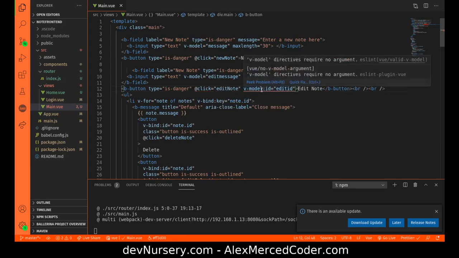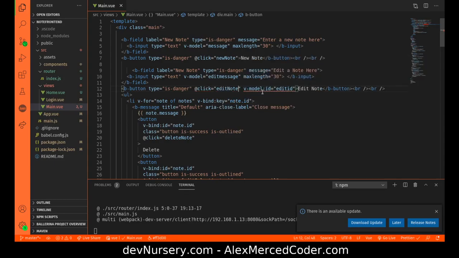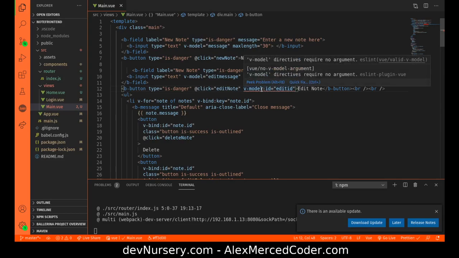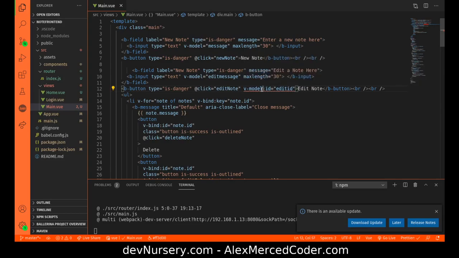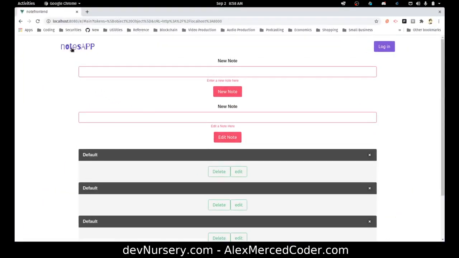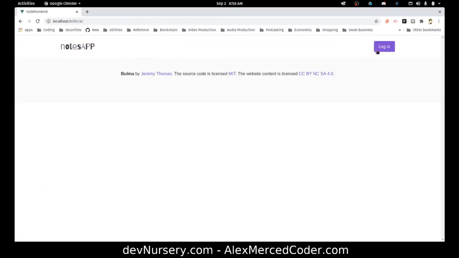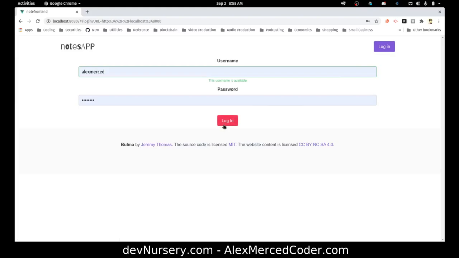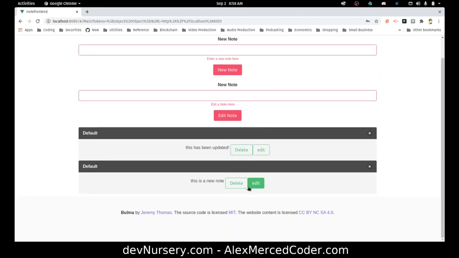Okay, and what's this complaining about? Oh, this should be v-bind. Okay, so let's give this a shot. Let's go back to the main page, refresh, log in. Let's say this is a new note. Let's click on edit. That's good, it updated that. So this is a new note 2. If I click edit note,